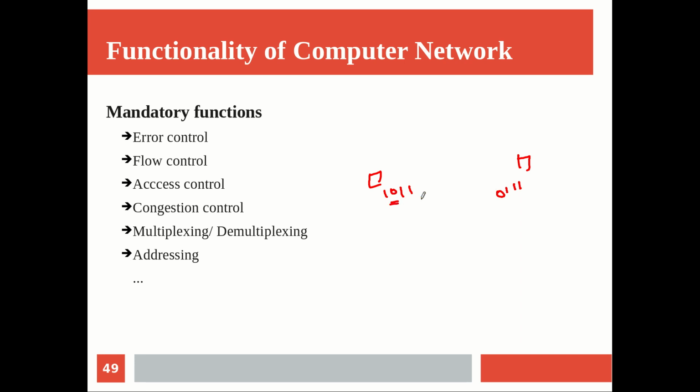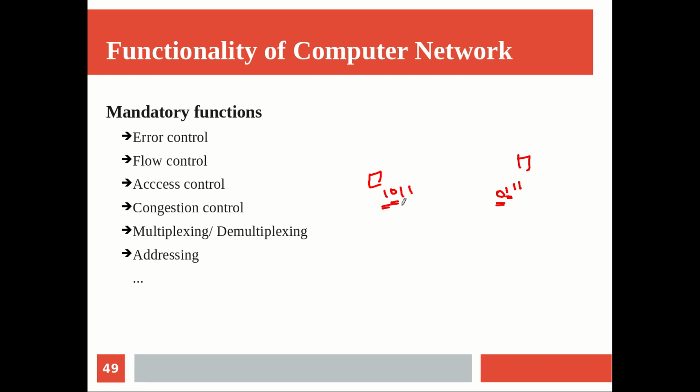A 0 is received as 1. What is sent by the sender is a binary 0, but it is received as 1, or a 1 is sent by the sender and 0 is received. That is simply how we can define an error, and this can happen as a single bit error or as a burst error where a number of bits change. And we have methods like error detection and error correction.